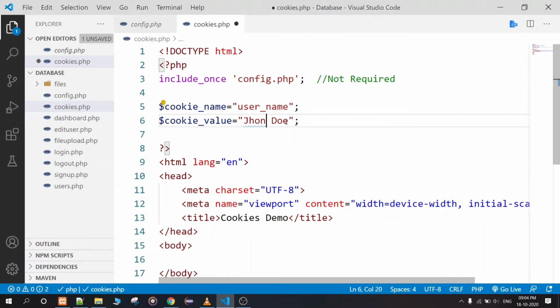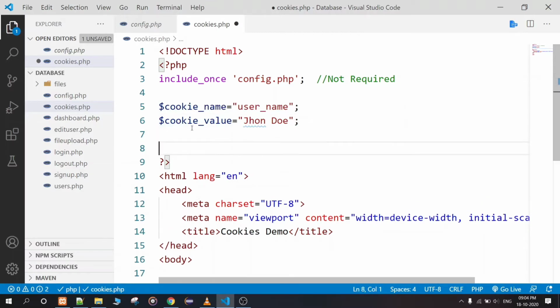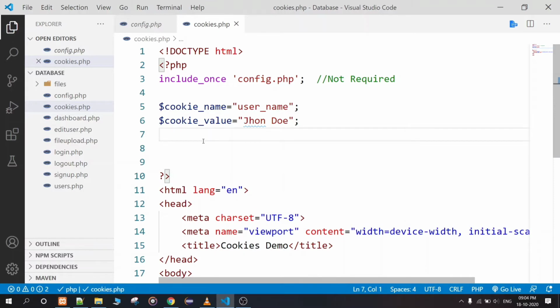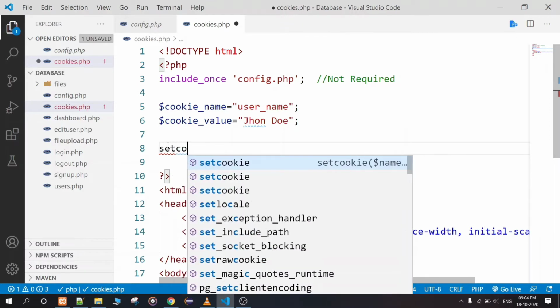After that, we have to use the PHP predefined function named setcookie. So I define it, setcookie.